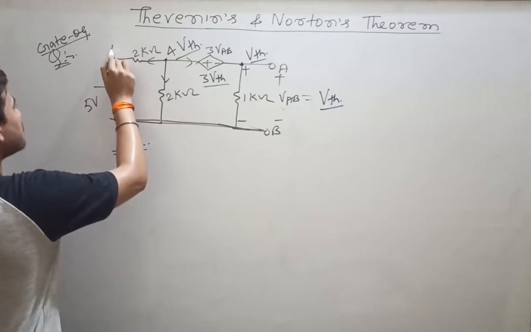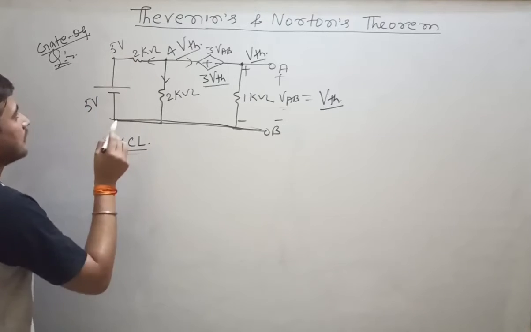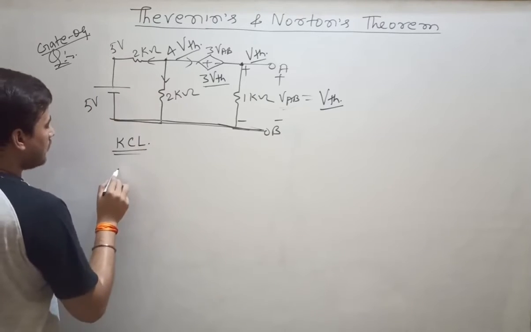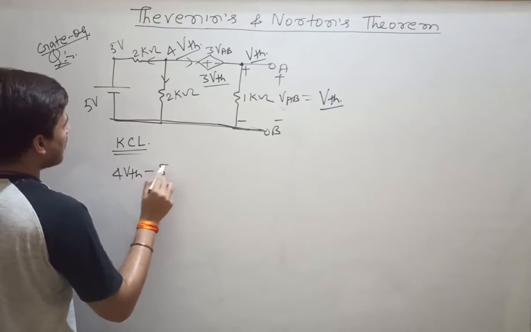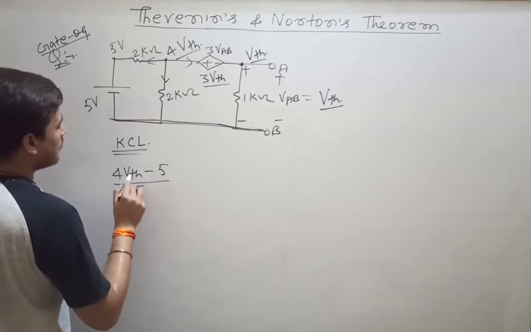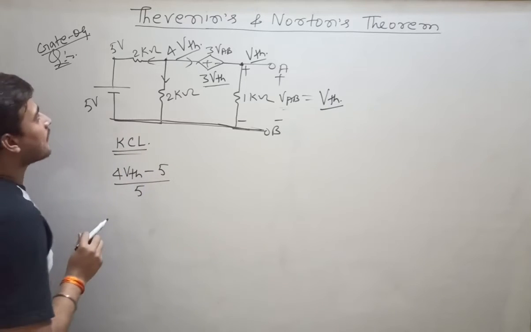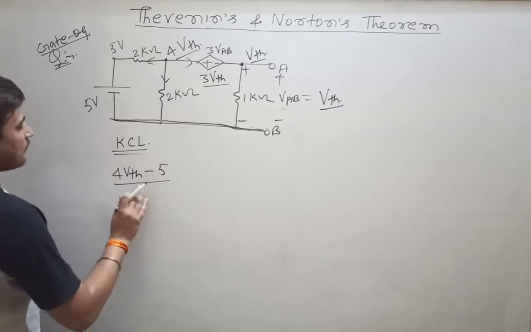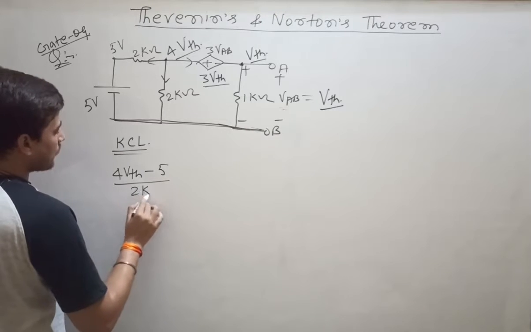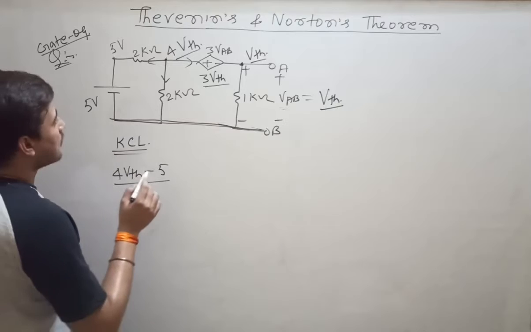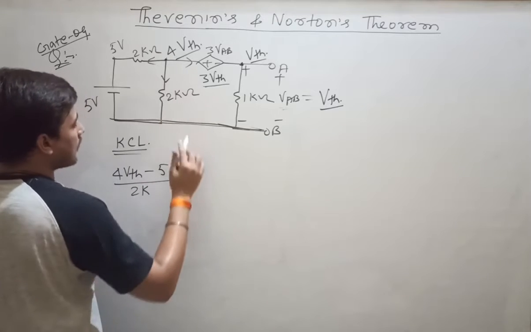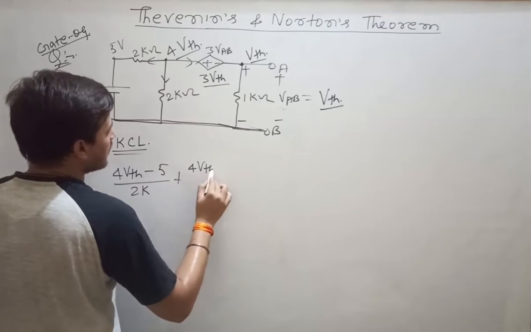Here the potential is 5 volt because of this battery, so it will be (4 VTH minus 5) divided by 2K, plus here the current will be (4 VTH minus 0) divided by 2K, plus